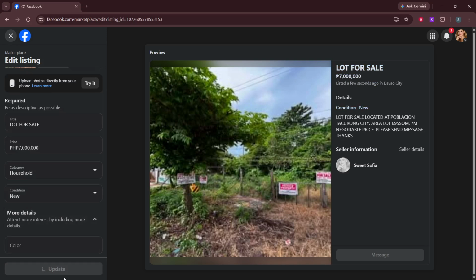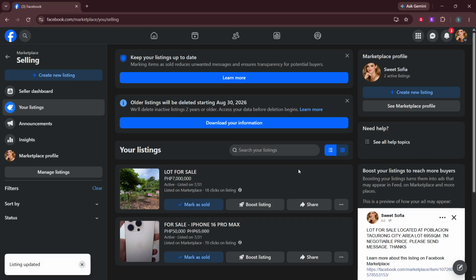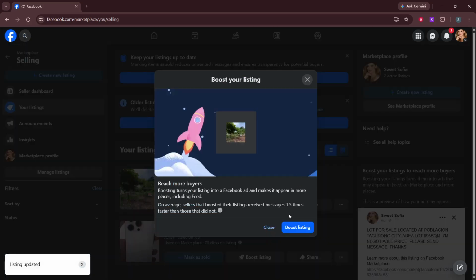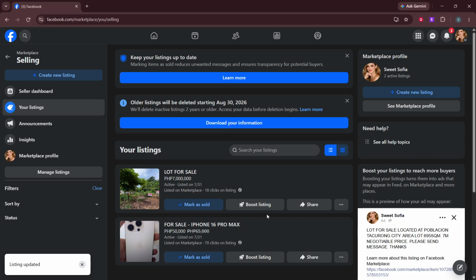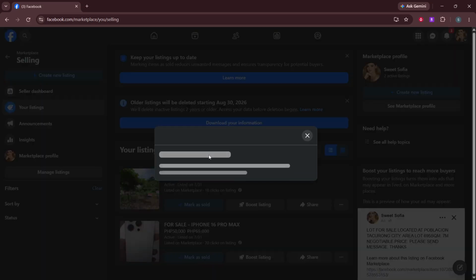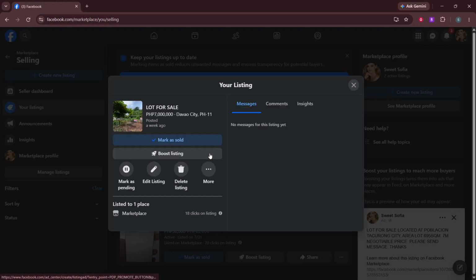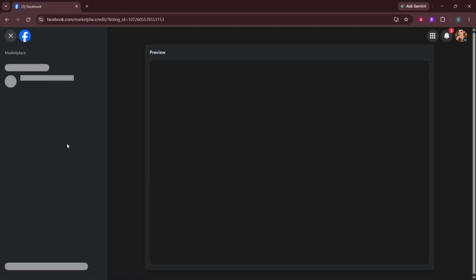Now carefully check the photos, title, price, description, and location that are shown. You should see the photos near the top, often with arrows to move between them if you added more than one. Below or beside the photos, you will see the title of your item, the price you set, and the main description you typed. Slightly further down, you will see the location, often shown as a city or an approximate area. If you spot a mistake, such as a wrong price or a typo, remember you can usually come back to this same screen later and use the edit option on this listing to correct it, and those edits normally update for buyers within a short time.